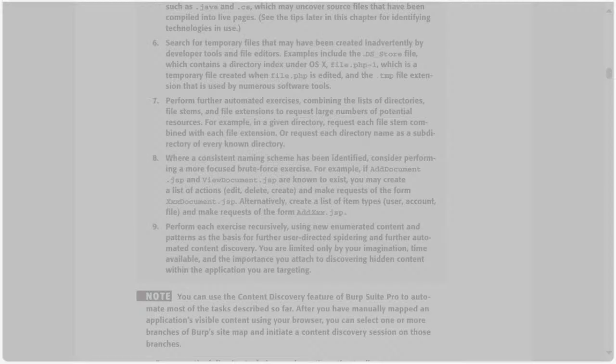Thick client components such as Java applets and ActiveX controls may also contain sensitive data that you can extract. See Chapter 15 for more ways in which the application may disclose information about itself. 5. Add to the list of enumerated items any further potential names conjectured on the basis of the items that you have discovered. Also add to the file extension list common extensions such as txt, bak, src, inc, and old, which may uncover the source to backup versions of live pages. Also add extensions associated with the development languages in use, such as .java and .cs, which may uncover source files that have been compiled into live pages. See the tips